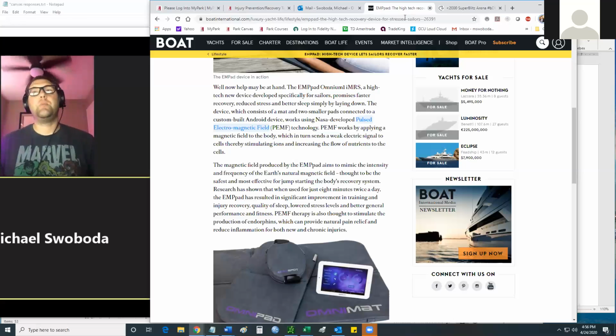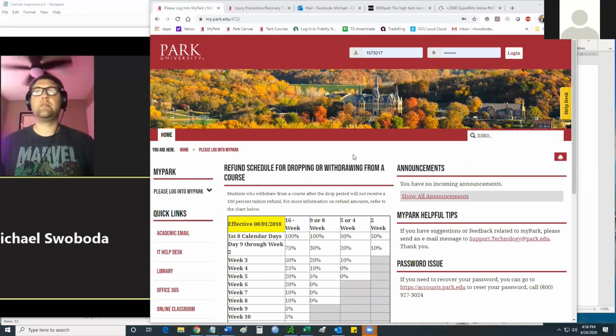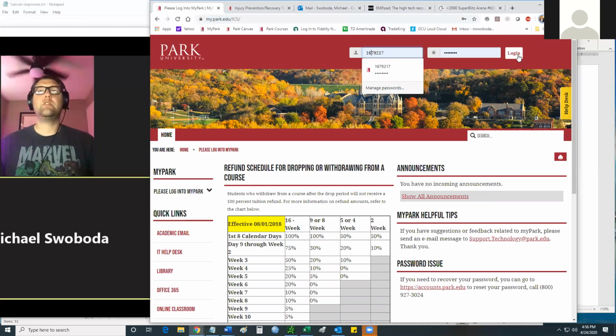Now, how do you find where good academic links are? Real simple. I don't think any of you have ever used a library here, but hey, let's try it. First thing you do, go to my.park.edu, type in your student ID and your password and log in.